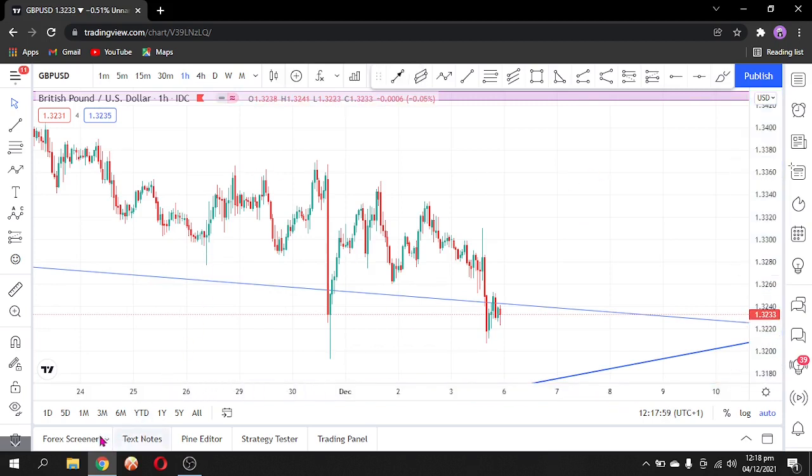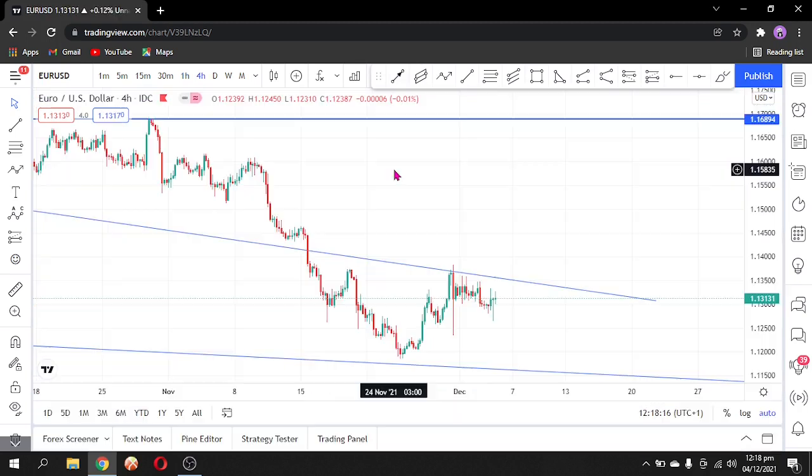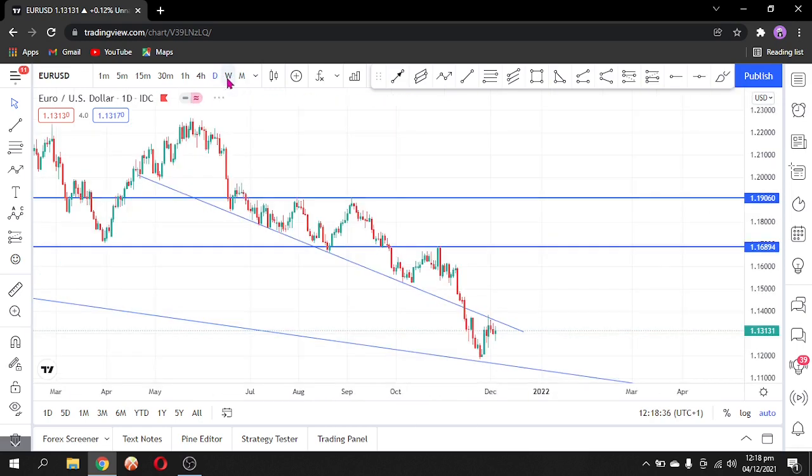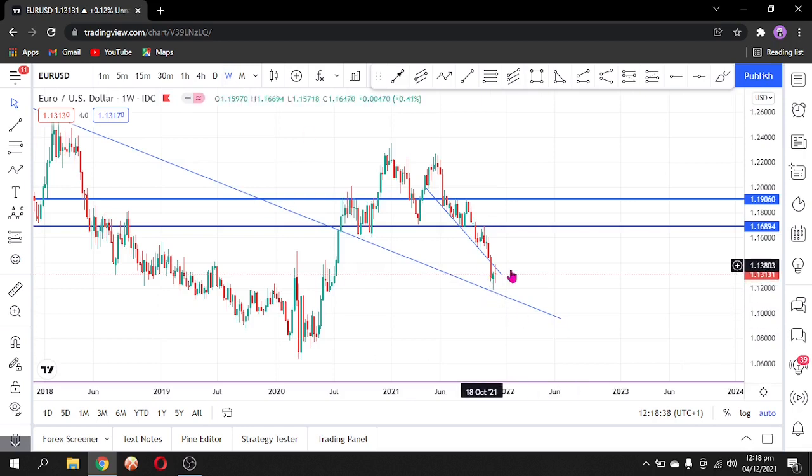The next currency pair we will look at is EURUSD. This is the 4 hour time frame. If we go back to the monthly time frame to check the overall trend, we have previously had this bearish resistance which was broken. Now price reached the bearish support. We'll go back to our weekly chart. We'll see that we had a pin bar, and now a spinning top is forming. It's not yet done forming, so we might have another push up because of this bearish support and this pin bar. Price will probably push